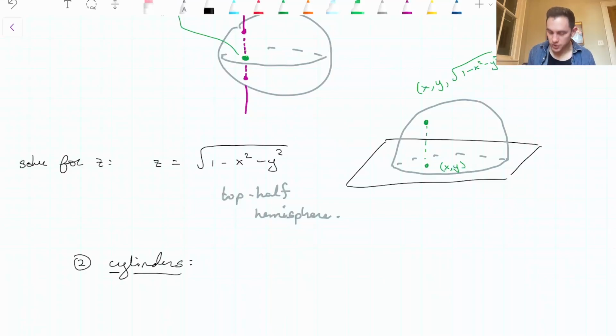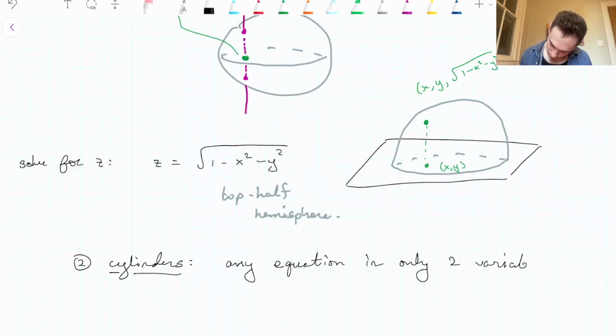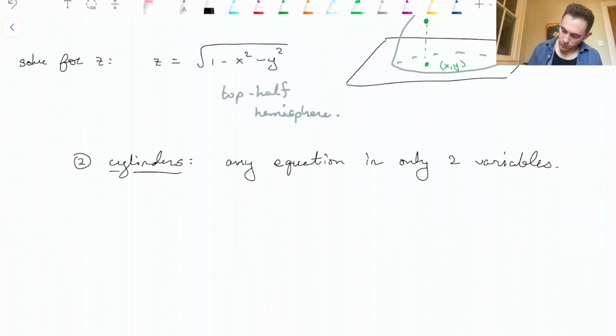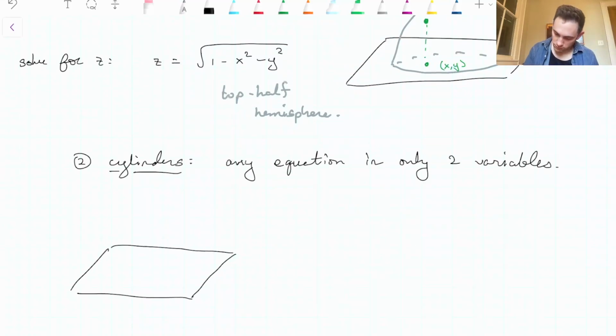The whole family of surfaces that we called cylinders would be any equation in only two variables. So for instance, a classic example would be to just write the equation of a circle. If I just write the equation of a circle, say x squared plus y squared equals 1,